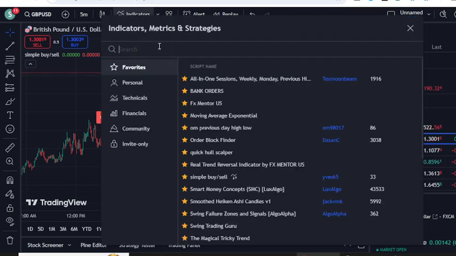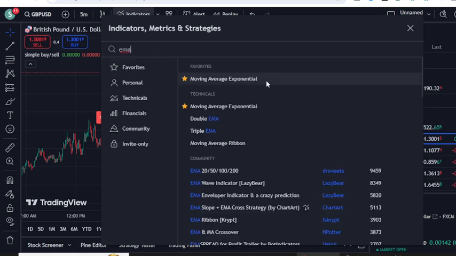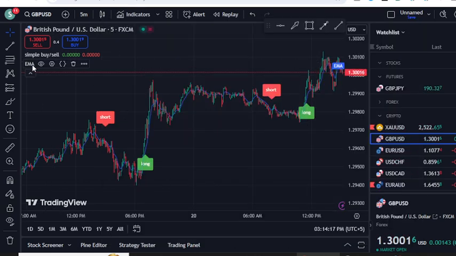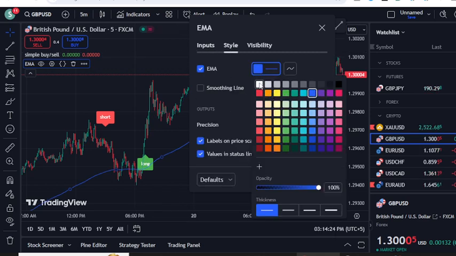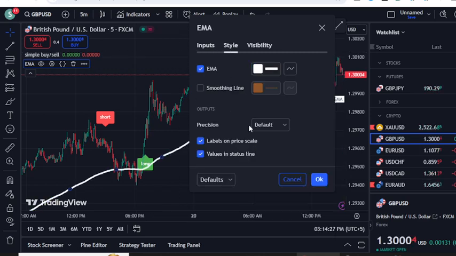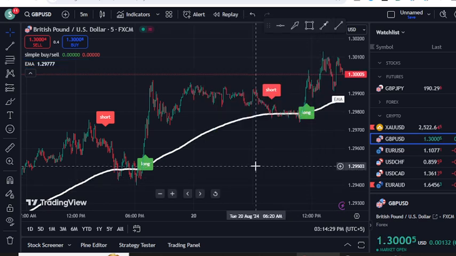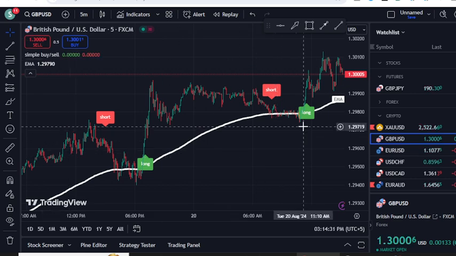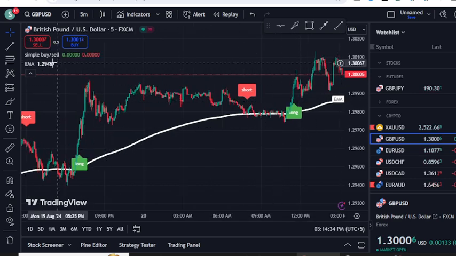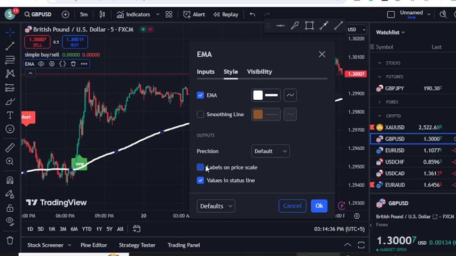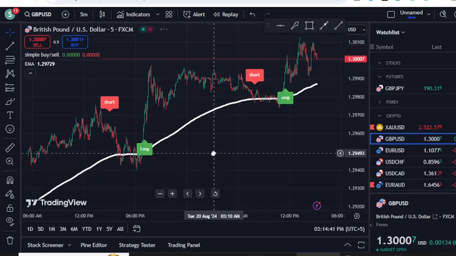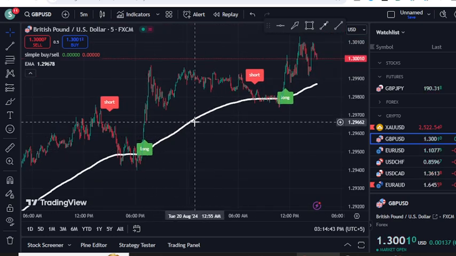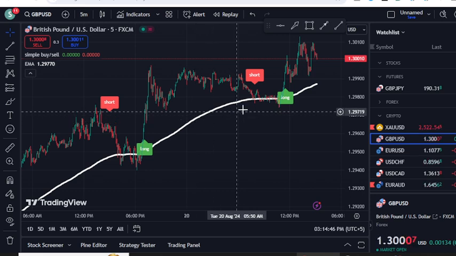Okay, now if you want to use it, my recommendation is the exponential moving average. Otherwise, you can use other indicators as well, that's not a problem. Just change the length to 200, and going into the style section, give it a white color and the third level of thickness, and now you can see our trading setup is completely ready to trade. Yes, you can see some labels here, so we can remove those labels. If we uncheck the labels, now you can see our setup is completely ready. So basically the 200 EMA is attached to find the direction of the trend.